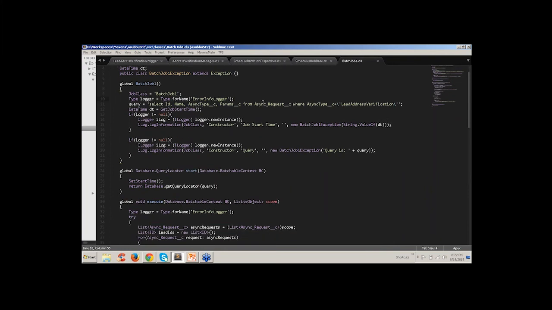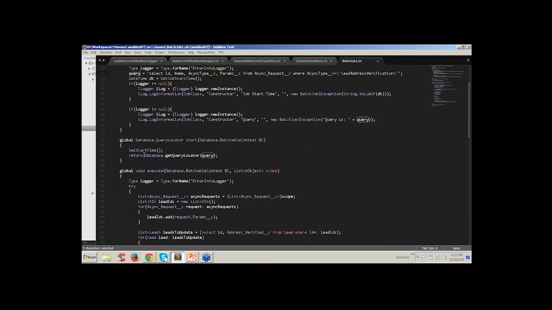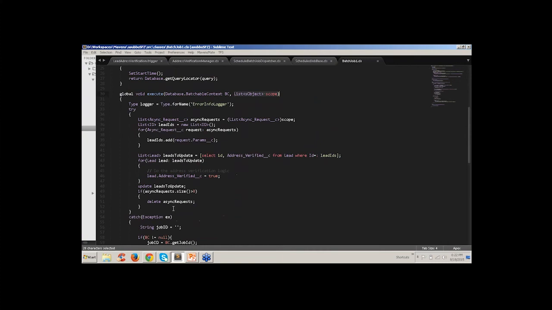And what I do in this constructor is to create a query. So this is what I need to look at. So are there any records for me to process with this batch job? If that particular query is formatted in this string, you need to provide this query into the Database.getQueryLocator. So if there are 50 million records also, it will easily fetch and give it to us, right? And all those sObjects will come and land at the scope here, the list of sObjects here, and you can do the logic.